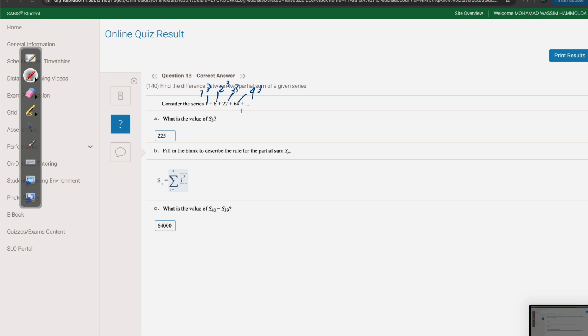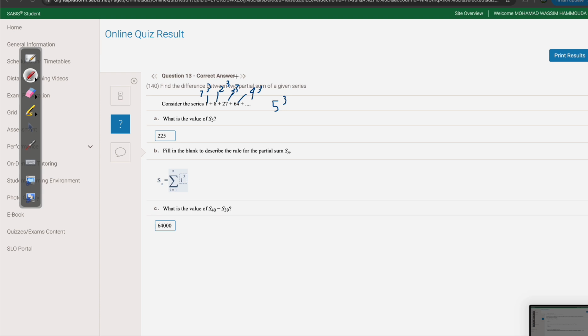S5, so they want the sum of the first 5 terms. So the next term will be 5 cubed. So what we're gonna do is 1 cubed plus 2 cubed plus 3 cubed plus 4 cubed plus 5 cubed,